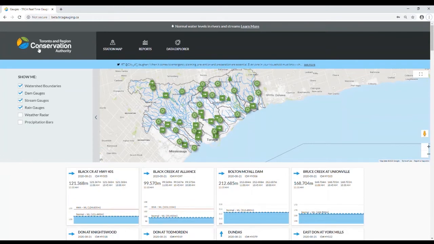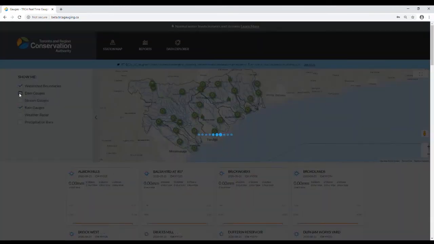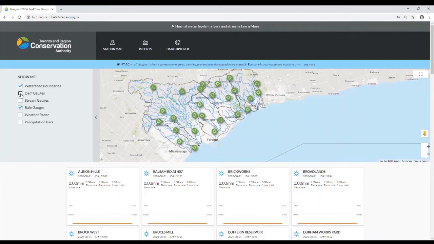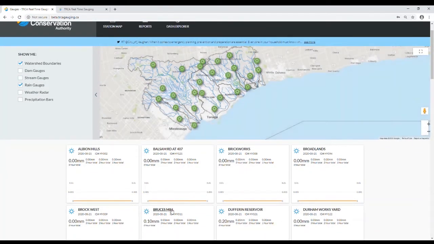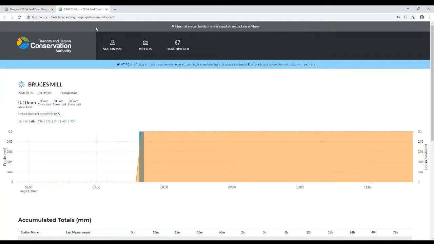Another type of gauge page to learn about are the precipitation or rain gauge stations. Let's look at the Bruce's Mill station. Precipitation or rainfall stations have a different chart to display this type of monitoring data.